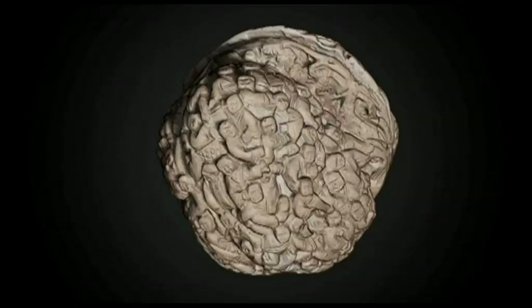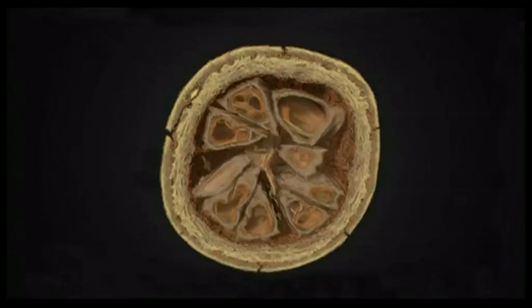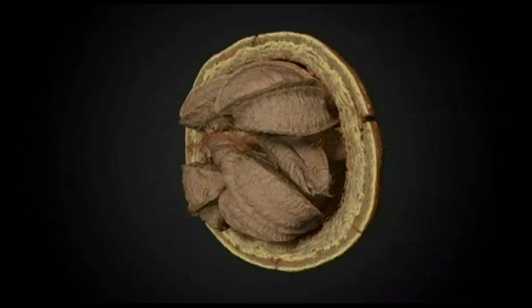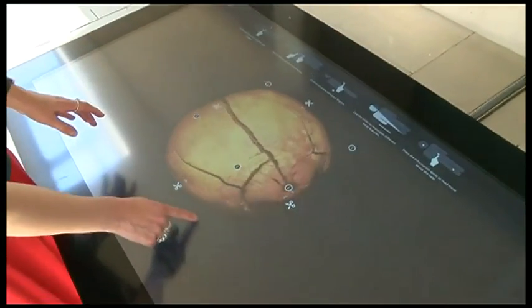It's like having a ticket to a secret underworld. What you can see here has been made possible with a CT scanner, the sort of machine normally used to investigate the human brain. So here we have the Brazil nut in its casing, which won't be recognisable to pretty